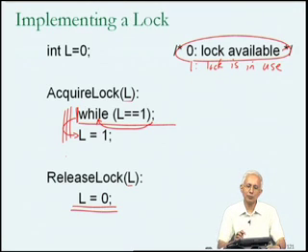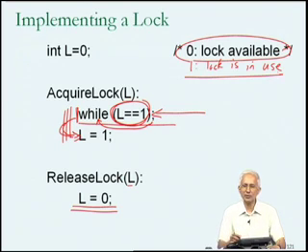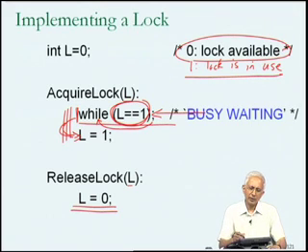Remember, the objective of acquire lock was to keep a process which is trying to get the lock waiting until it is safe for the process to acquire the lock, and we understood that the lock is available if L equals 0, which is why we kept waiting until L became 0. As soon as L became 0, we got out of the waiting loop and set L equal to 1, which informs other processes who may be checking that the lock is now in use. Now unfortunately, this is not a correct implementation, but before I come to that, this idea of looping, executing the check on L equal to 1 repeatedly until L becomes equal to 0, is what I will refer to as busy waiting.